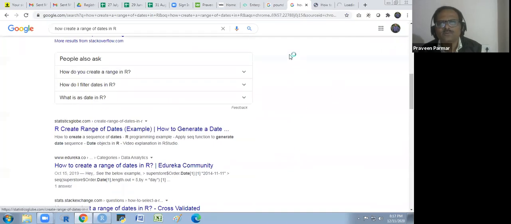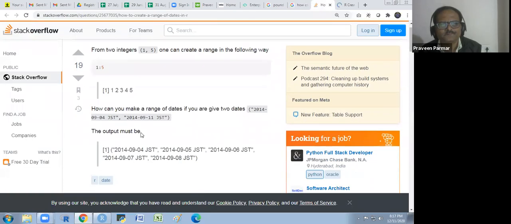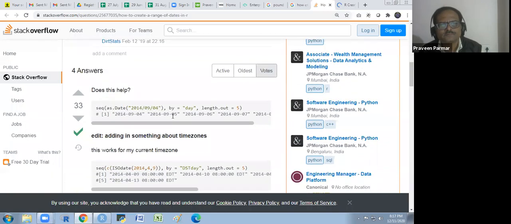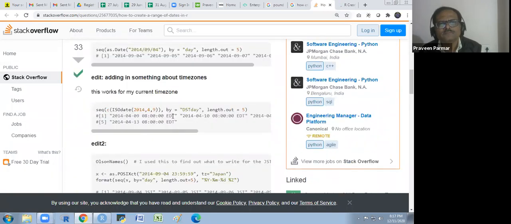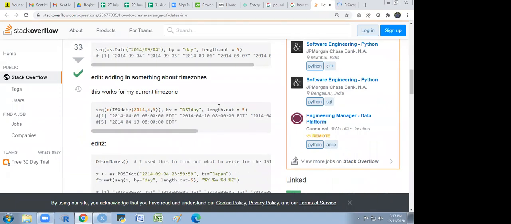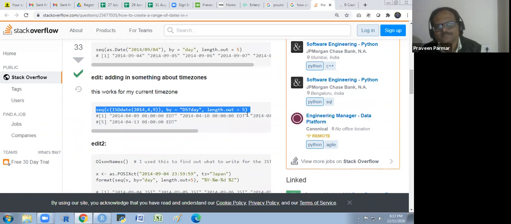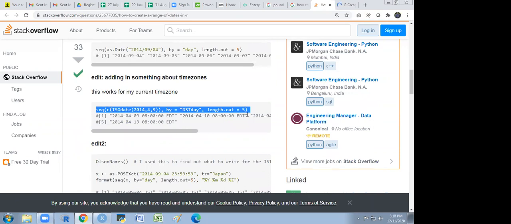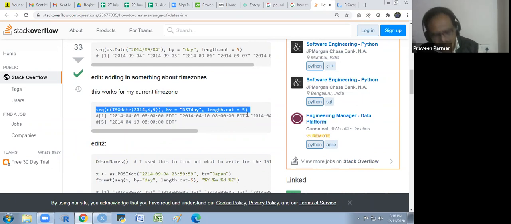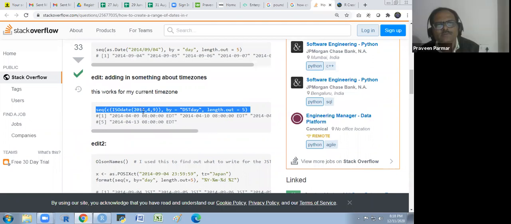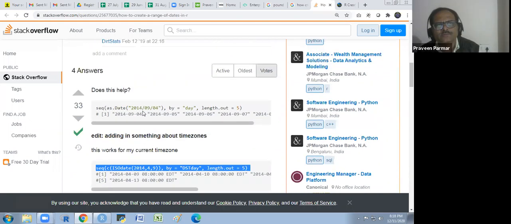You could see there are so many things we could create. s.Date, this we could do in this way. The sequence function we could use. Sir, they are using the sequence function, but they are using some other library, not this one.